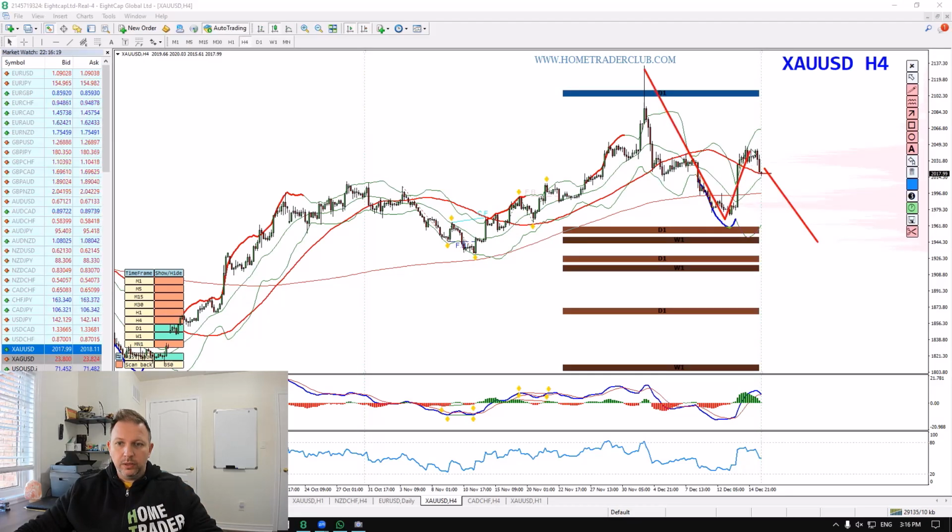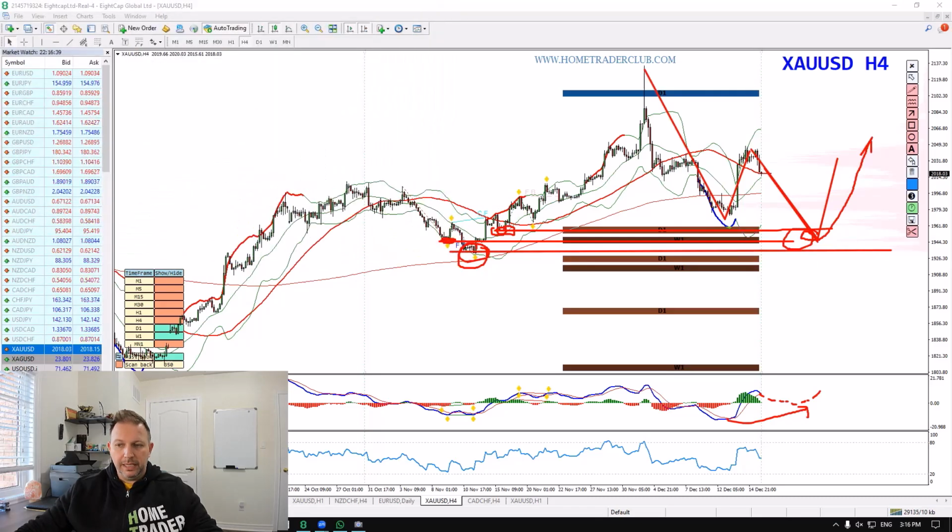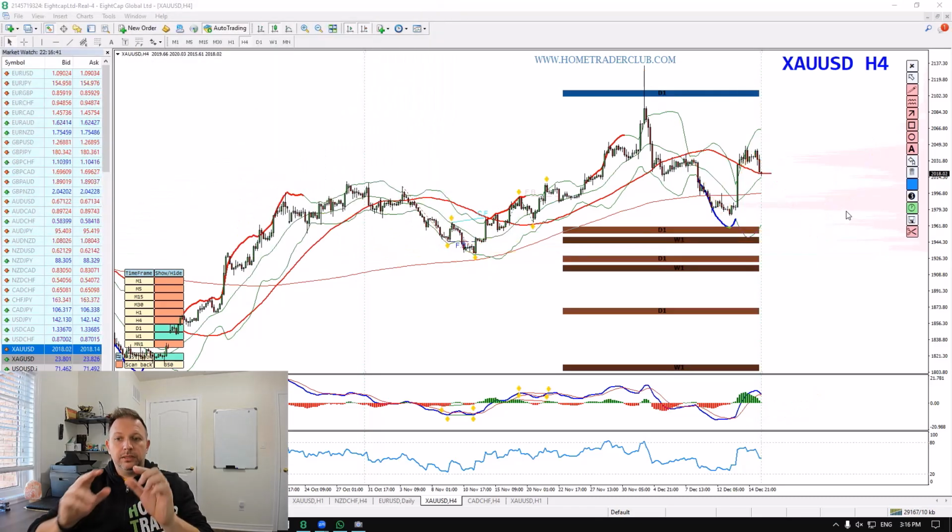Then I will be looking for these 2 waves to complete, probably around the demand area where the buyers showed control several times. This zone, completing there, making lower lows on the chart, higher lows on the indicator, and then looking for these buys. So these are the several trading plans I have for the gold, both for the buys and